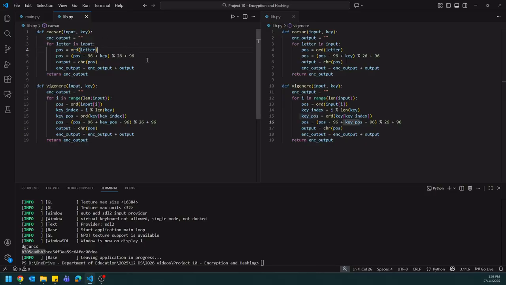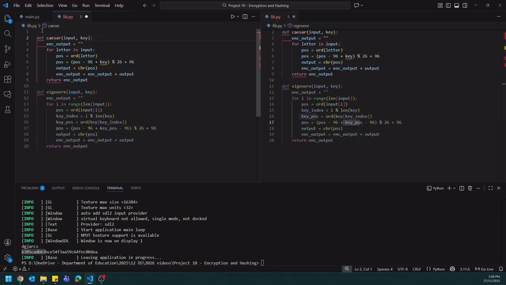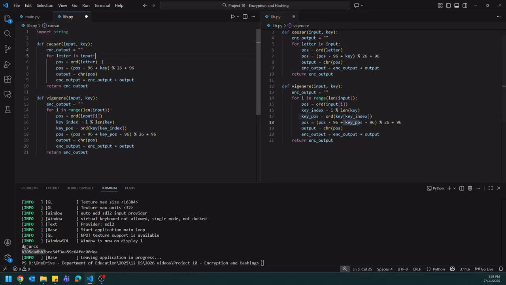You do have the option of using the string library. So if we import string, you could say string dot ASCII letters